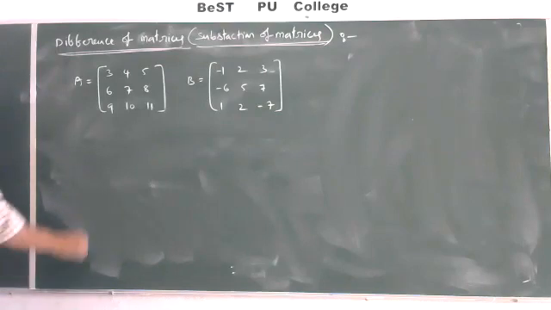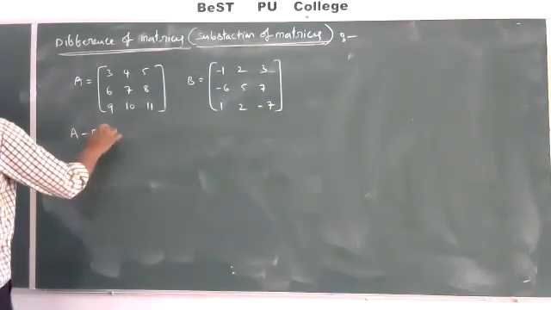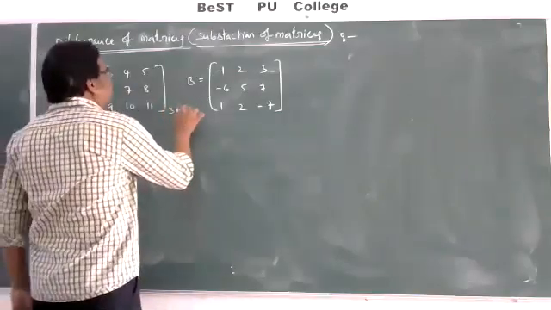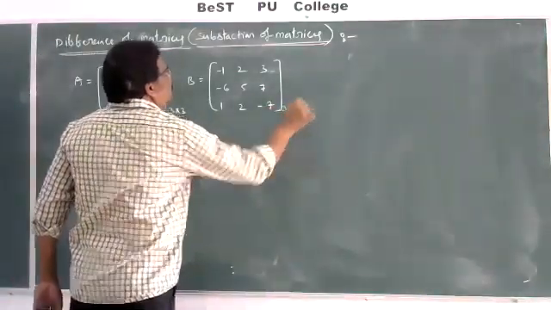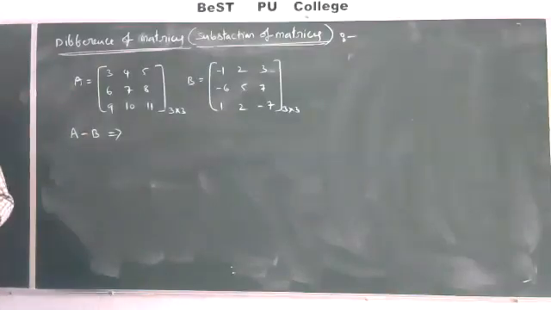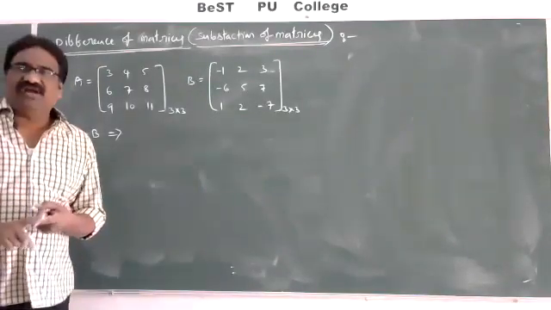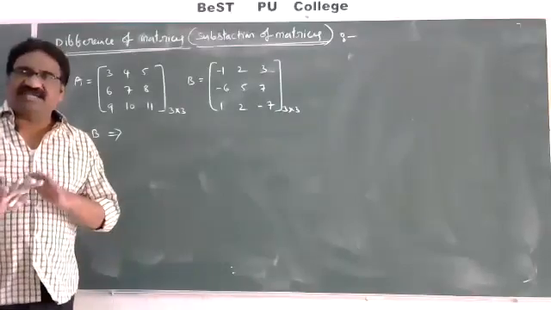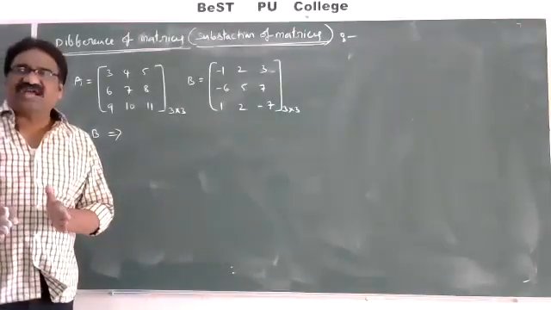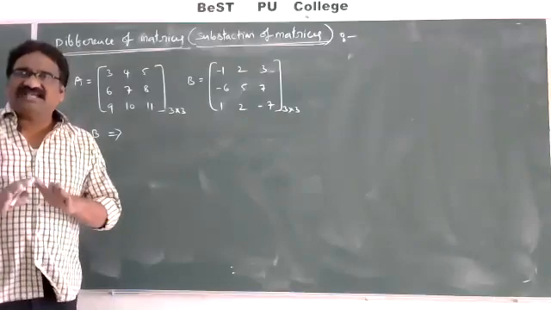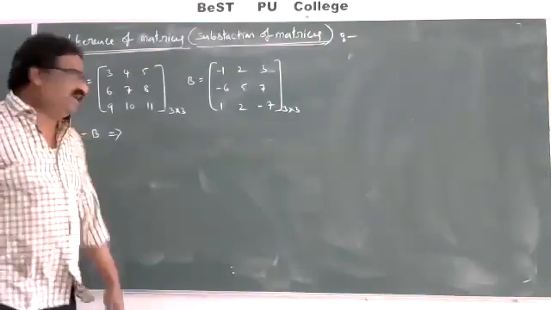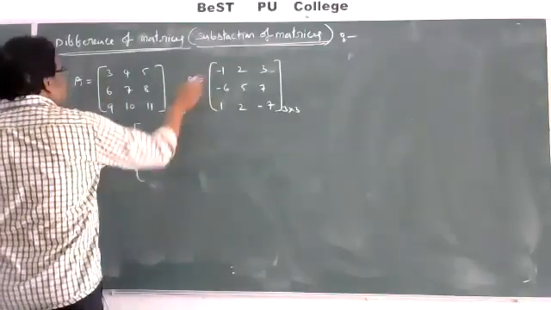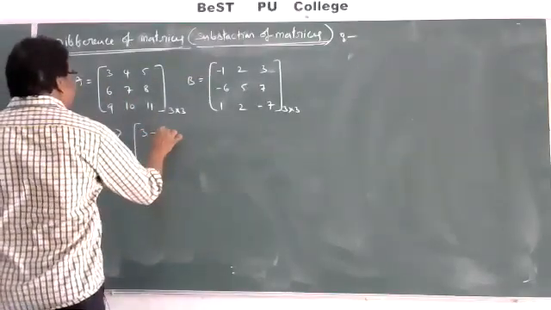This is another matrix. Then A minus B. Observe here, A is a 3 by 3 matrix and B is also a 3 by 3 matrix. So both addition and subtraction are defined only for matrices of the same order. Addition is defined on same order matrices and subtraction is also defined on same order matrices. So A minus B exists, and subtraction requires here 3 minus of minus 1,